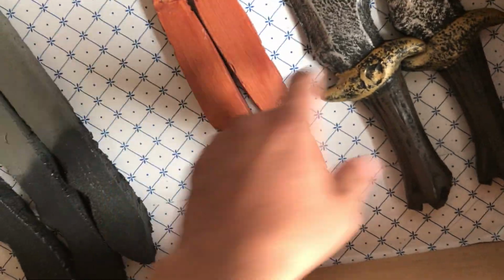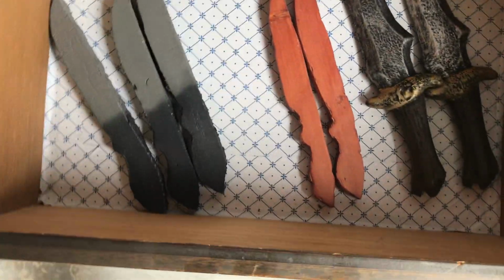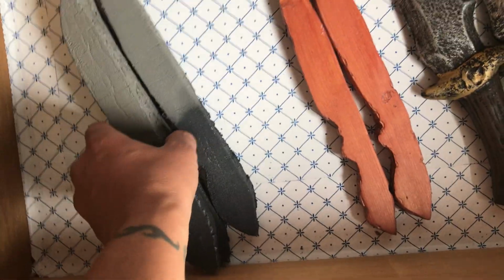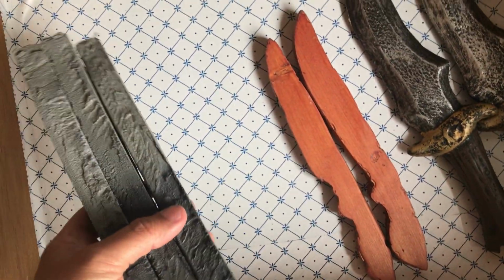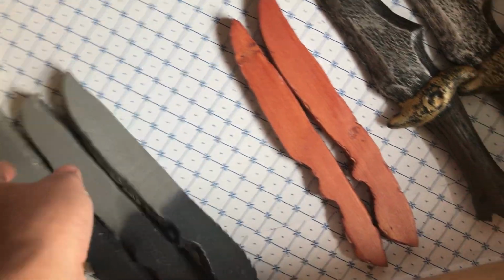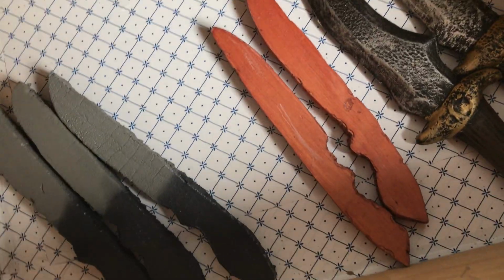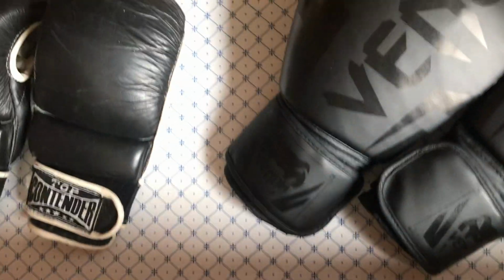But yeah, we mainly use these knives for, like I said, the Filipino martial arts training drills, and then the foam knives are actually used for sparring when we have sparring, because these are more soft. You don't have to worry about hurting anyone like you would with a wooden knife or even this knife here, because this is a pretty hard knife. But yeah, it's good for the training drills that we do with them. And then this drawer here, we have